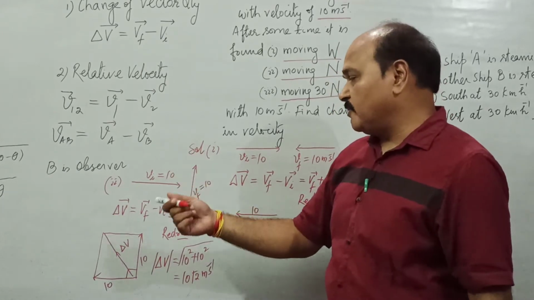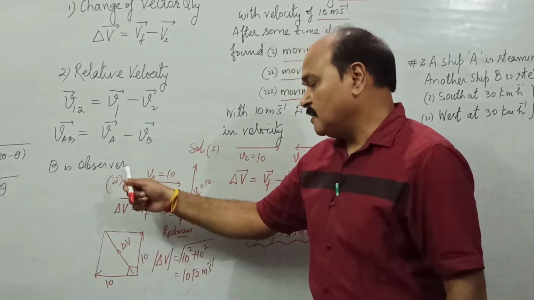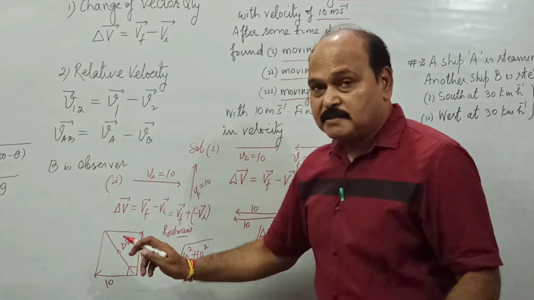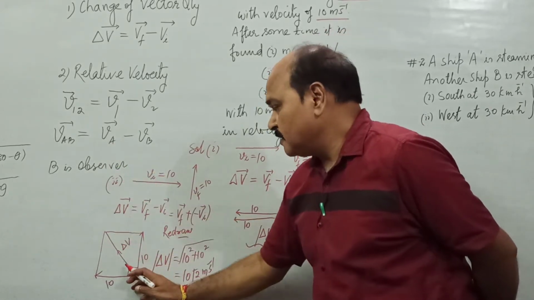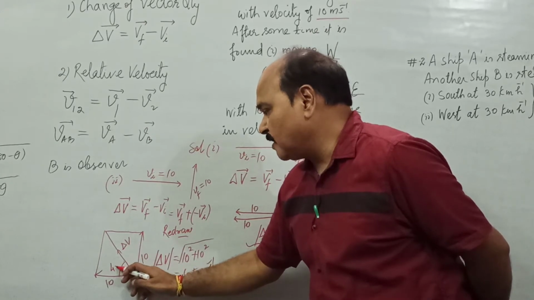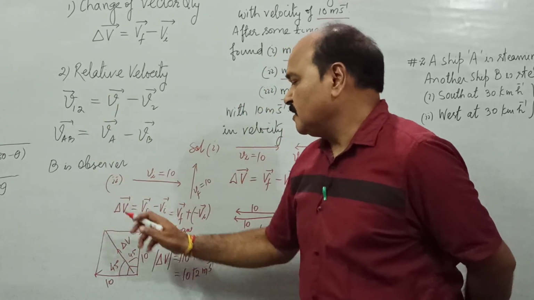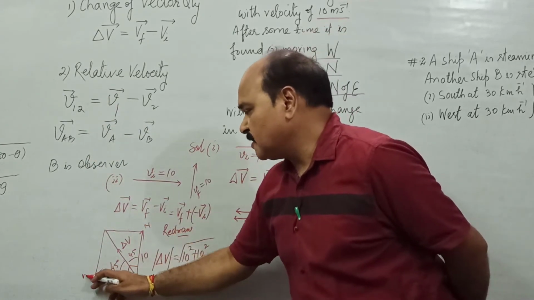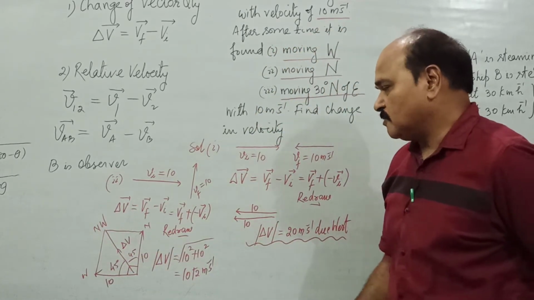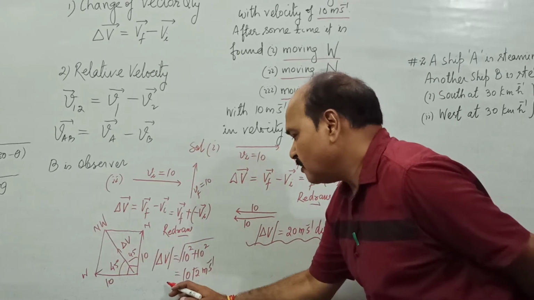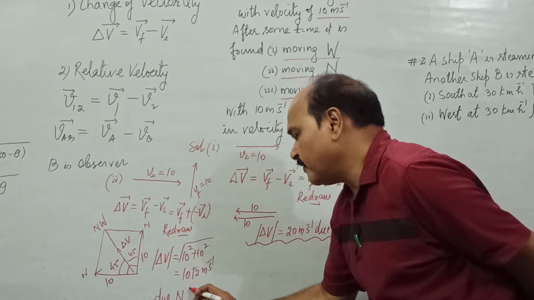What is direction of change of velocity? Direction of change of velocity is the direction of this diagonal. What is this diagonal? This is 10, this is 10, adjacent sides of parallelogram are of equal length. That means this diagonal is going to lie exactly midway. That way, this angle will come out to be 45 degree, and this angle would also come out to be 45 degree. So what is this direction? This direction is north, this direction is west, this direction is going to be northwest, exactly midway between north and west. So the change of velocity is 10 root 2 meter per second, and direction is what? Due northwest.